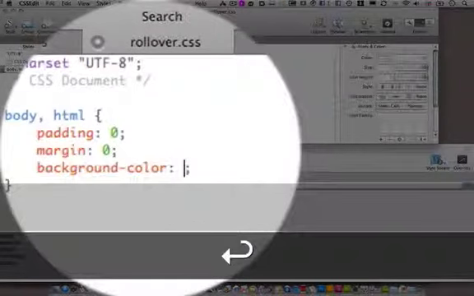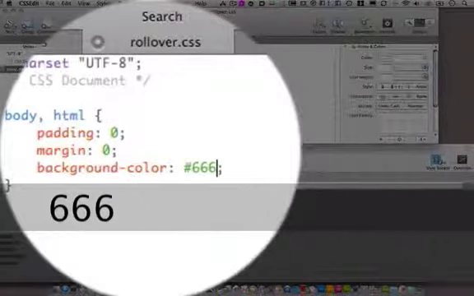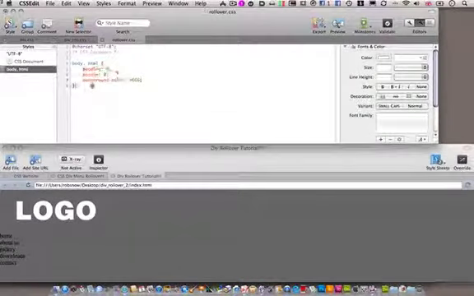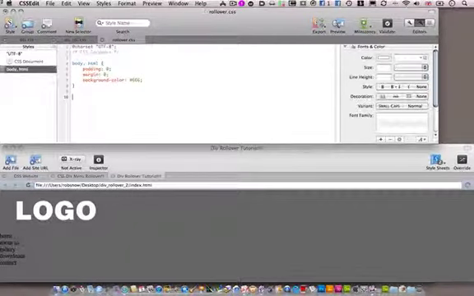I'm just going to put a colour, so we don't need to do anything else. I'm just going to give it a grey colour like the other one, so we can see our logo. Okay. Now, once we've done that, we need to also make it so that we can see the website as